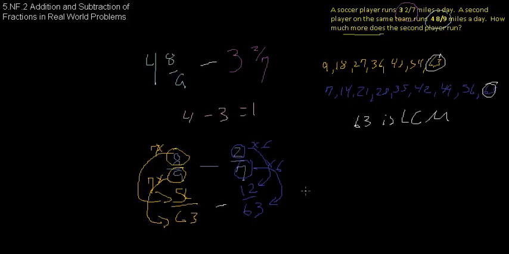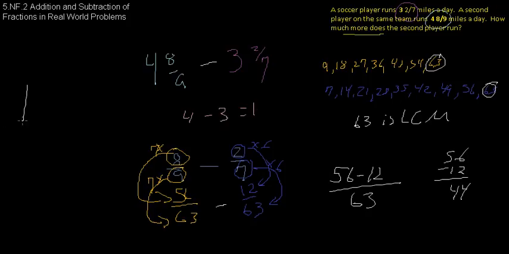Then we have 56 minus 18. 56 minus 18. Okay. So 56 minus 12. 6 minus 2 is 4. 5 minus 1 is 4. So our answer is 1. Right? We can't forget about this. 1 and 44